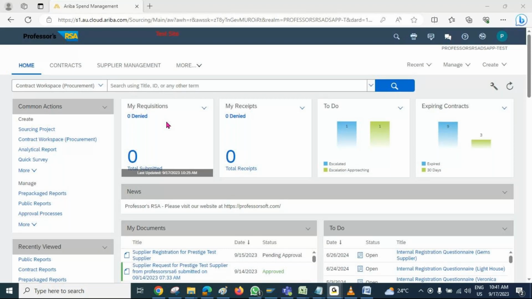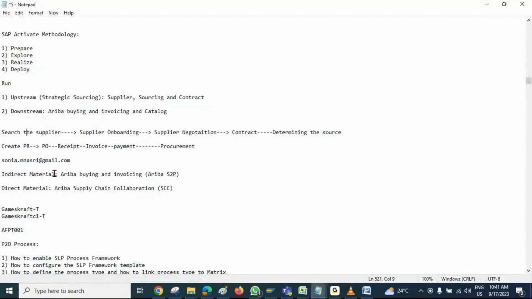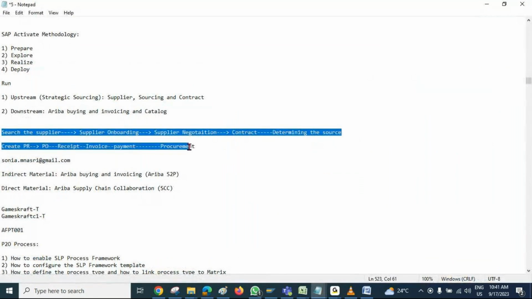Okay. Now, if we talk about Ariba solutions, let me add this point as well, and then I'll come to any questions. Ariba solutions are actually divided into two parts. But before talking about the Ariba solutions, let's take a simple example.